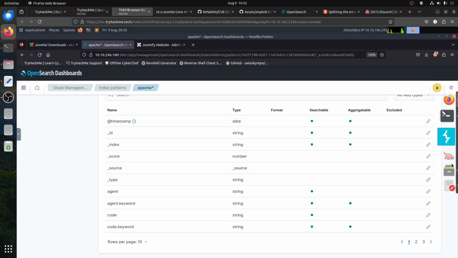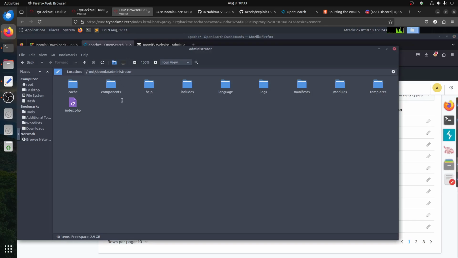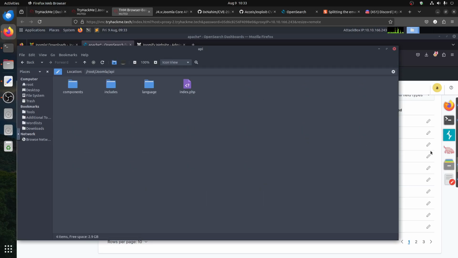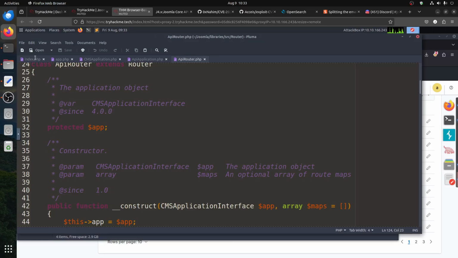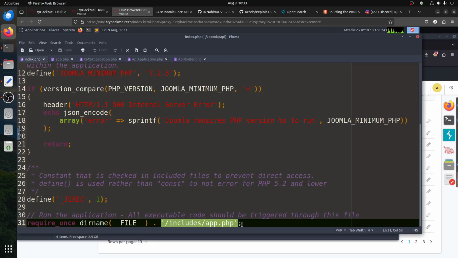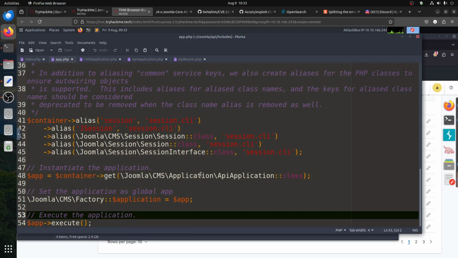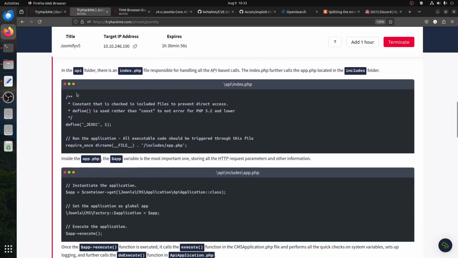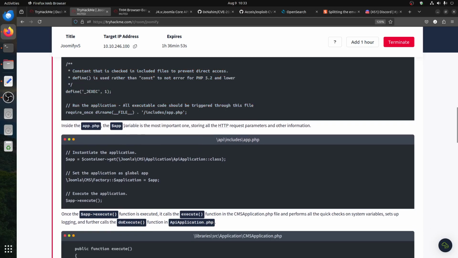Joomla, when you install it, that's basically the structure of Joomla. You have the administration, the API, all of that. Most of interest to us is to start in the API folder. If you start with the index, it calls include app.php. The app.php file calls the execute function. We follow. There's a nice explanation here. So the variable app